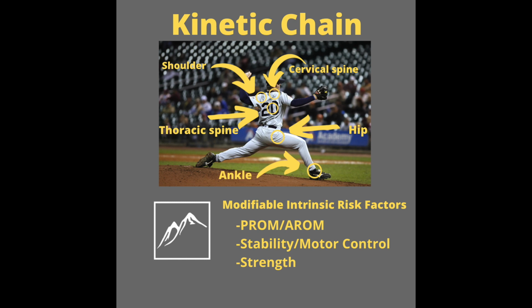all extrinsic risk factors. Now, being a physical therapist, I look at intrinsic risk factors. So I'm thinking of different range of motion, passive range of motion, active range of motion. How is their stability and motor control? Motor control is just a fancy word for muscle coordination. And then strength. So looking at the kinetic chain here, the baseball athlete uses all different parts of the body